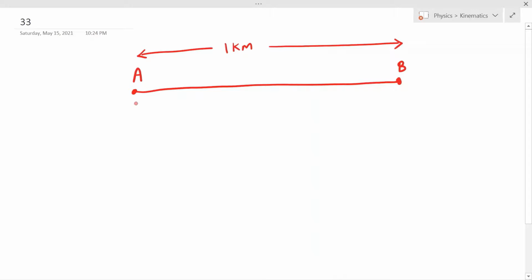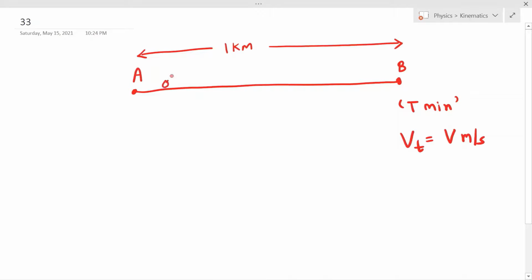And there is a taxi service which provides a taxi from position A, and this taxi leaves from position A every T minutes. So every T minutes a taxi leaves from position A, and from position B also every T minutes a taxi leaves. And assume that the taxi moves with a certain velocity, let's say v meters per second. So this is the velocity of a taxi.